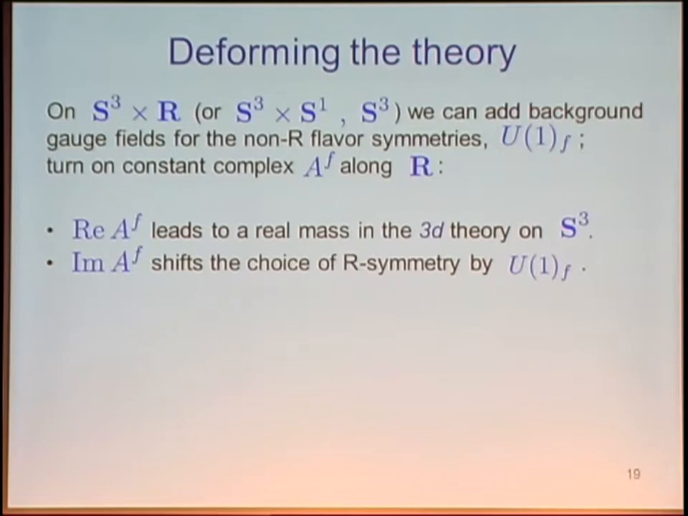So let's start with the real part. The real part of this constant is quite familiar. The real part of this constant appears and is known in three-dimensional theories as the real mass term. This is a mass parameter in the Lagrangian, which comes from a holonomy of a flavor symmetry around the S1 direction. The imaginary part is new. The imaginary part changes the choice of R symmetry,